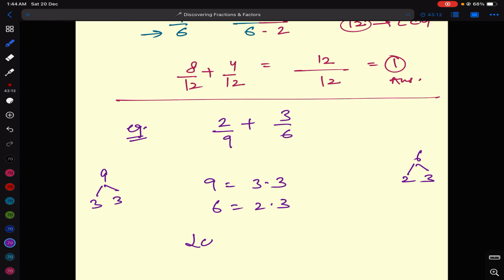One is 3, one is 2, right? And another one is 3. So this will be 2 times 3 times 3, which is